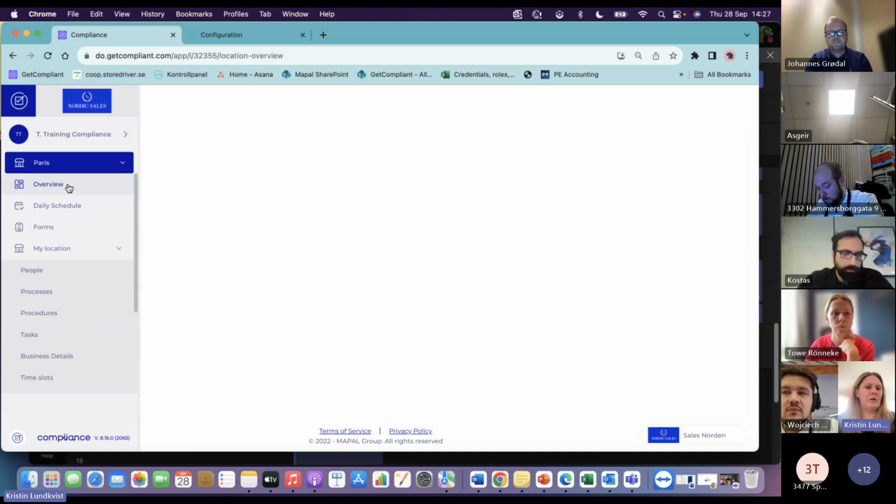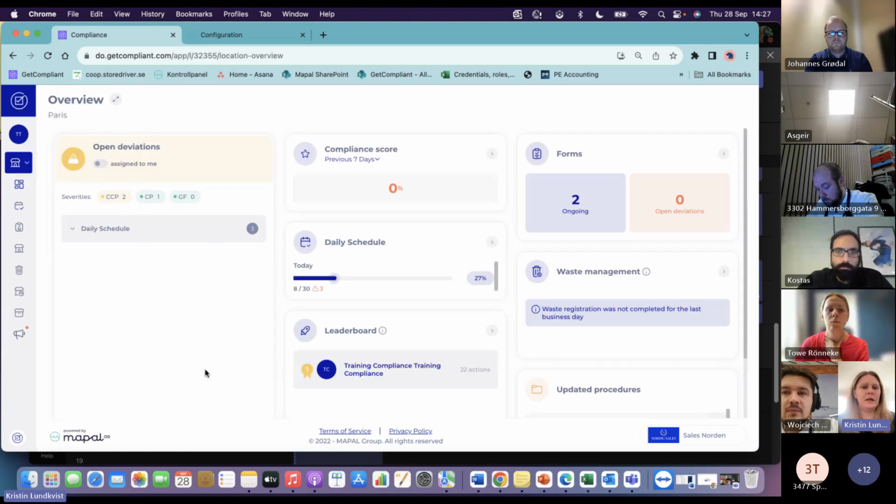We can go in just to look at the overview. So this is the local overview page. This just gives some information on your site. We'll see if we have any open deviations. If you use severities, you will see them up here. We'll see the compliance score for the last 7 days, the daily schedule,